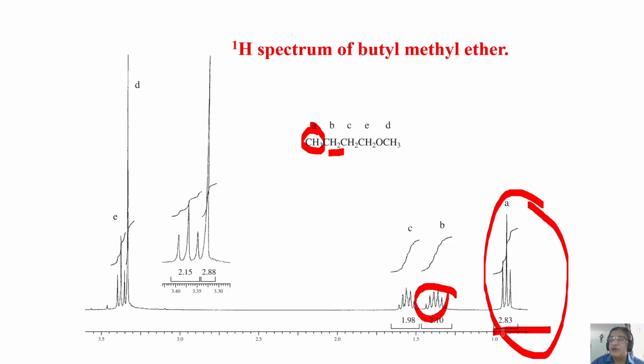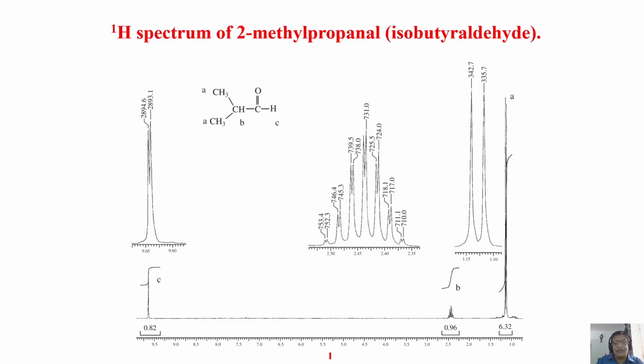Now I'm sure you would have got a hang of how to go ahead in analyzing a spectrum when the molecular formula is given, or when the structure is given. You can think of both. You may be given a molecular formula without knowing the structure, but you have to get the structure. That is possible, because when you synthesize a molecule, you do not know what it is. Or you may know the molecule, but you do not know the structure. Either way, you can get the information by analysis of the spectrum. So we can continue like this further.